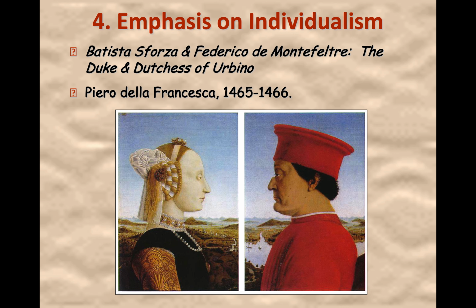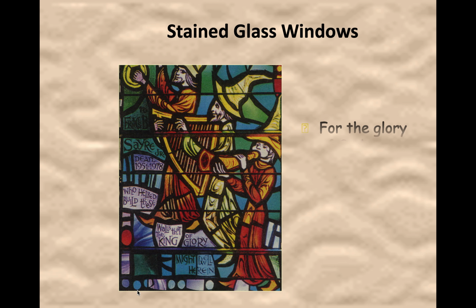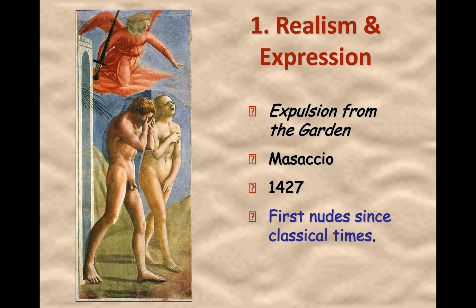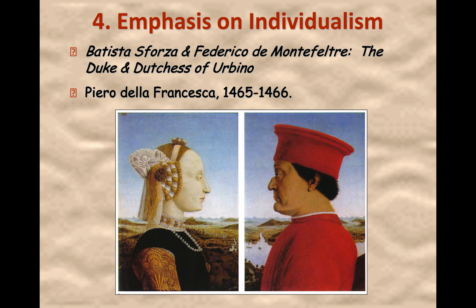Individualism. Let's go back and look at that stained glass window. Does everybody in here look really different? Do they look truly different? Not necessarily. Individualism wasn't a huge theme within medieval art and architecture. This is going to be an important theme within the Renaissance: individualism, being interested in the human and the differences in each human figure.